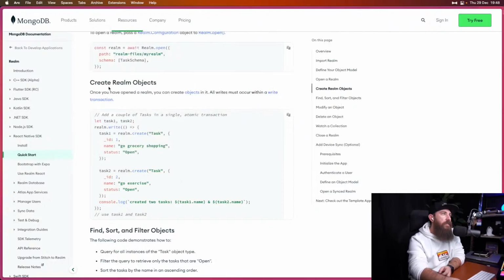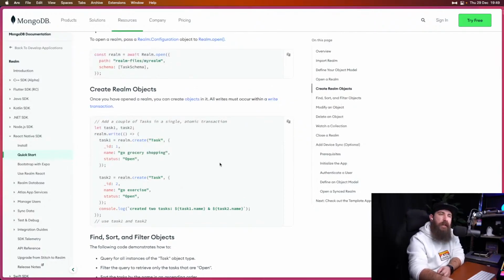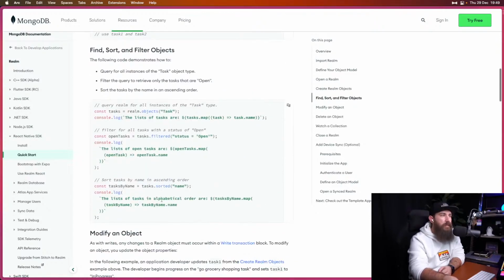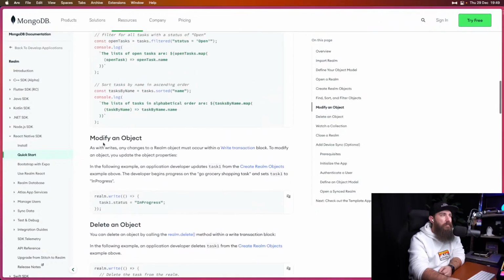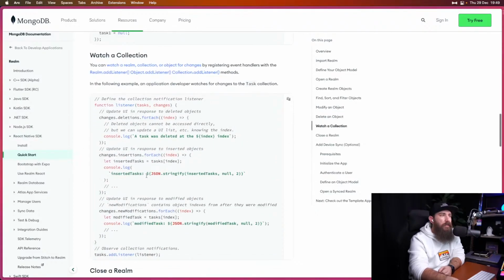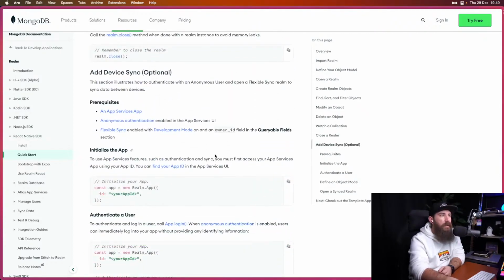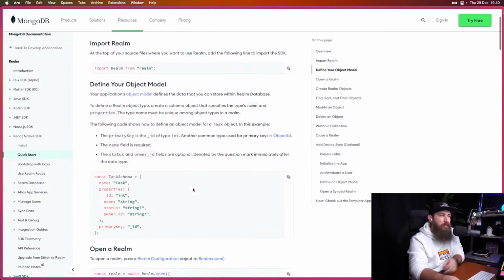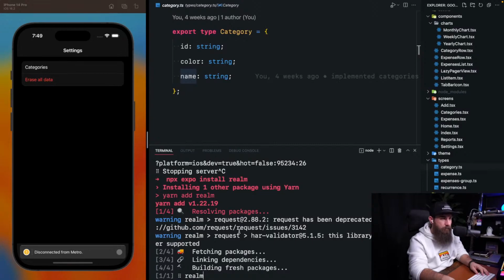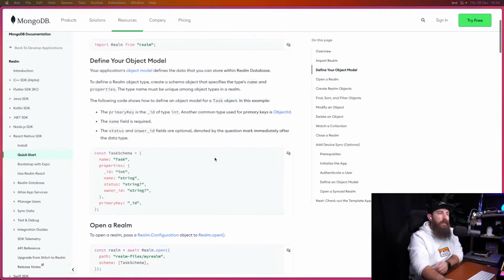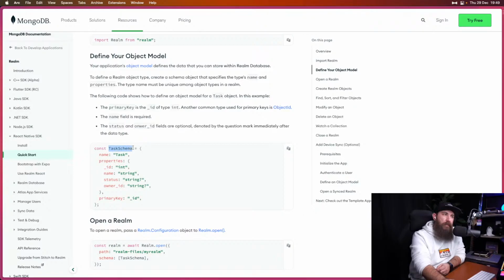Yeah, we are installing RealmDB into our React Native app. But this is how we can create new entities and put them in a local DB and save them. That's pretty much it. Modifying an object, deleting an object. There's watching a collection, device sync. We're not gonna be using the device sync. But that's pretty much it. We just want to start working on our schemas, and then we'll see